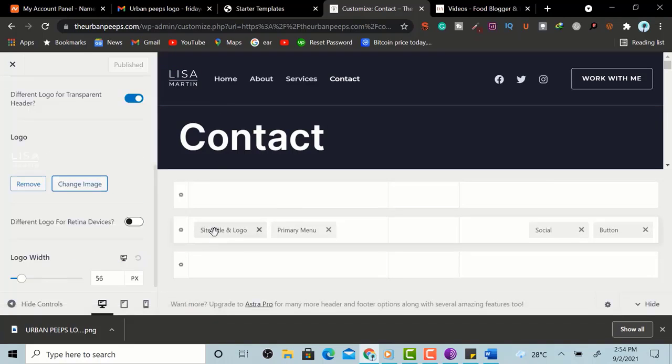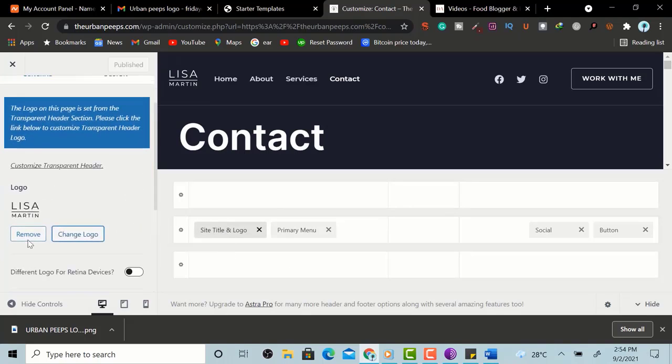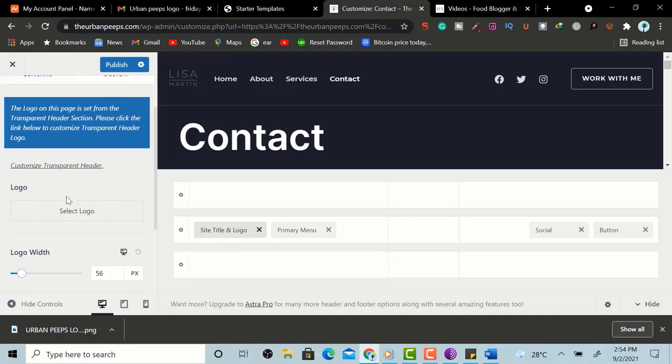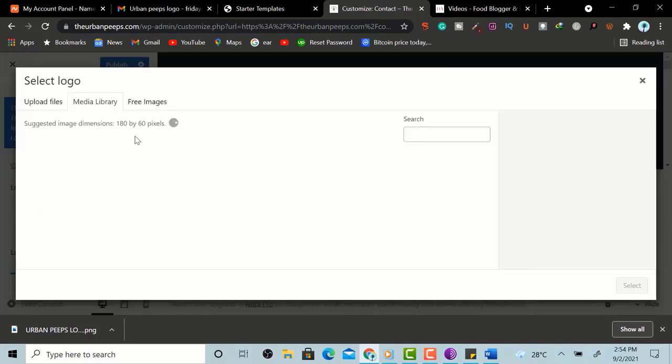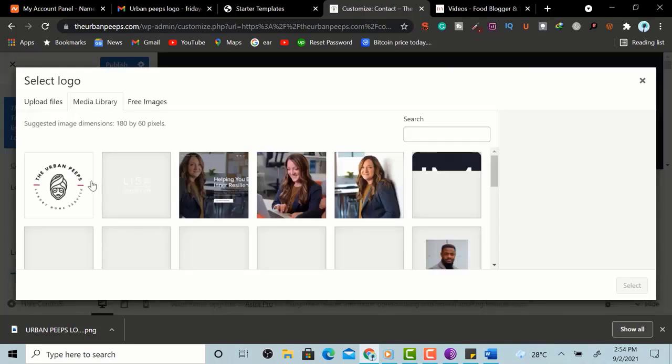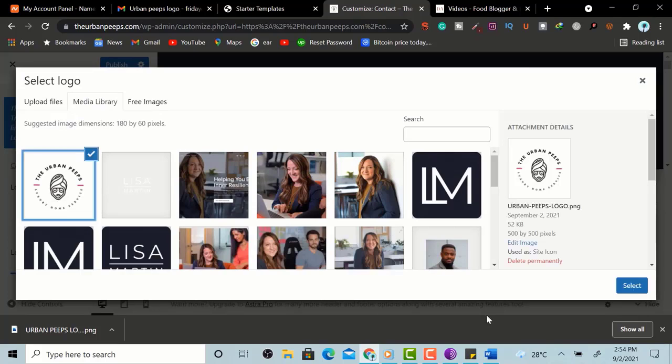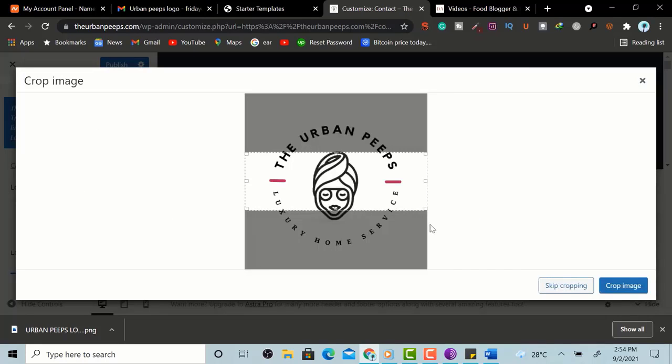So what we want is that, see site logo, just click on site logo, and here we are going to remove this. Then go to select logo. So the one that is already in our library, just click on it, right? And here,